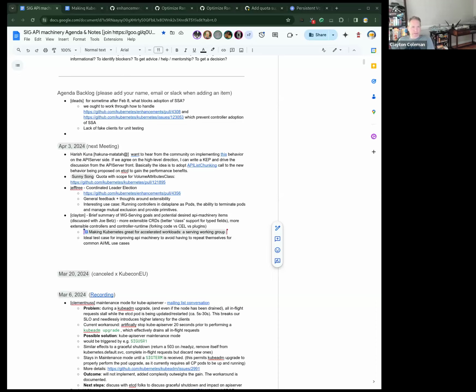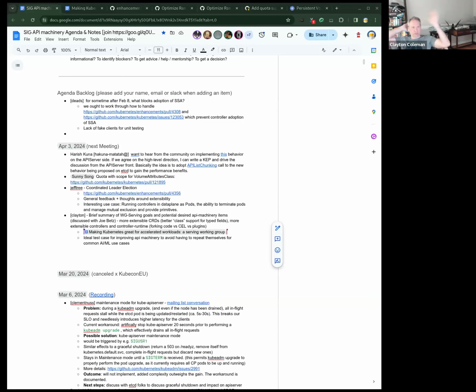There's a few other projects out there that people have done. I think part of the reason for creating the working group would be to have a place for us to experiment on common elements and potentially spawn exploration prototypes that would really push the boundaries here, maybe in the long run leading to a controller that would be in tree. Working Group Batch, for instance, has sponsored a number of projects that are out of tree, like Kueue and JobSet, which are starting to see significant adoption. And the nice thing is we don't have to be in tree to hit those.